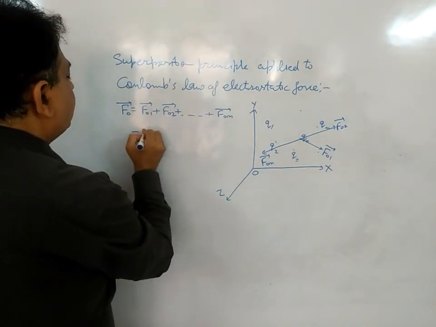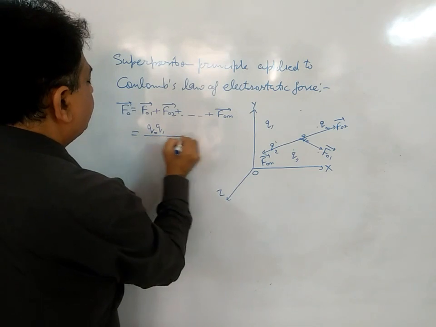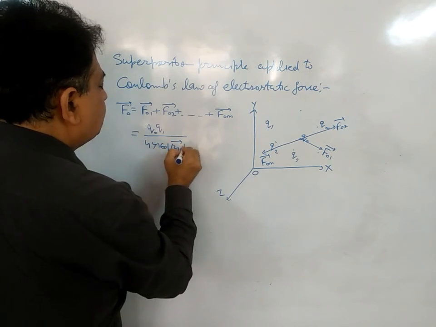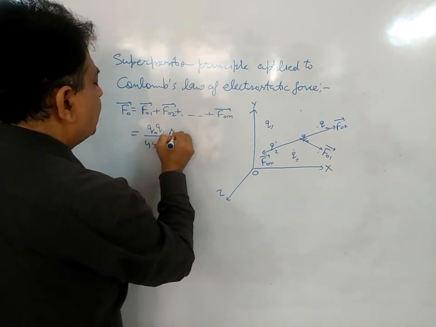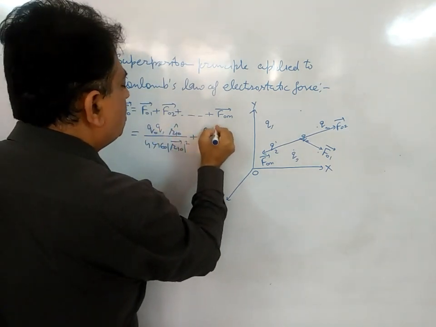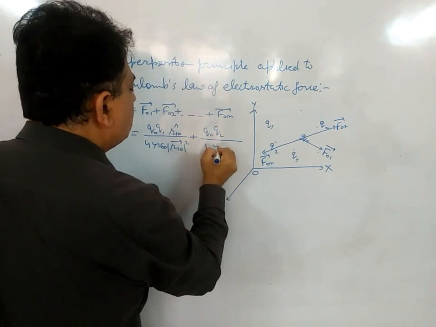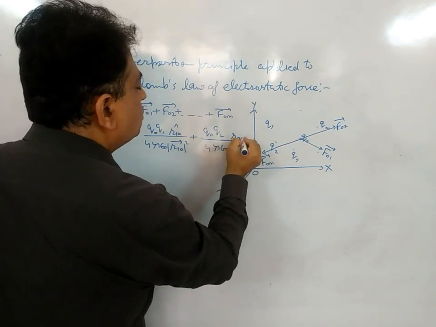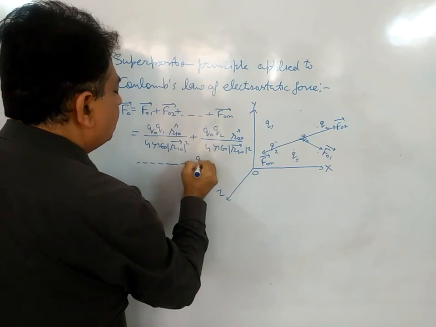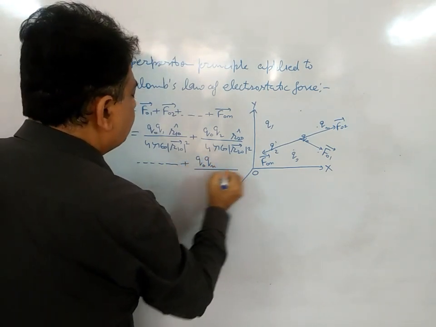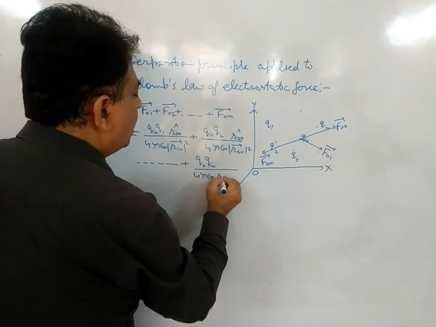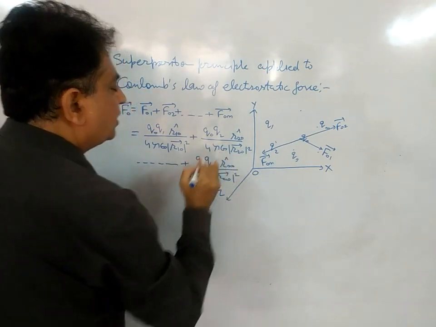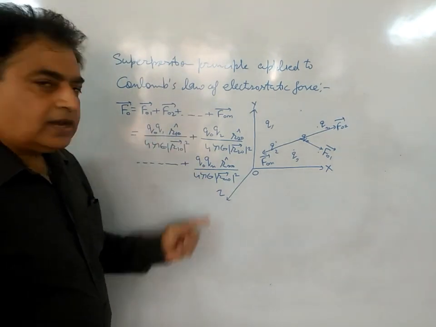This can be written equal to Q0 Q1 divided by 4 pi epsilon naught R1 naught vector mod square R1 naught cap, plus Q0 Q2 divided by 4 pi epsilon naught R2 naught its square R2 naught cap, and so on till Q0 Qn divided by 4 pi epsilon naught Rn naught its square Rn naught cap. Now you see it can be written like this. Now taking the